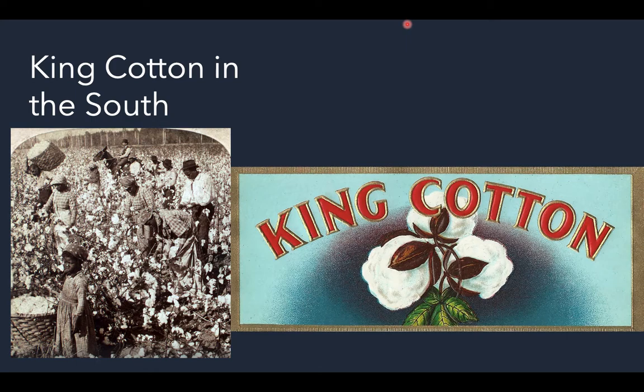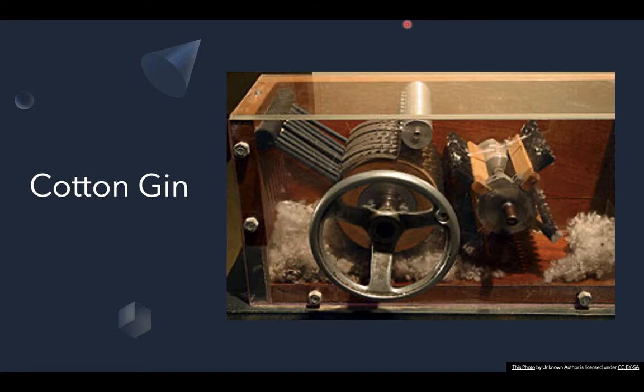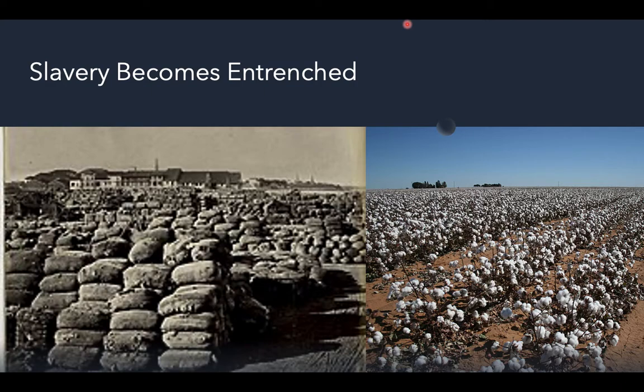The cotton gin did, because it's extremely labor intensive to grow and harvest. It still needed workers for doing that. So slavery really is cemented in the South as a result of the cotton gin. Slavery becomes entrenched, and this is what a cotton gin looks like. It's a pretty simple machine. It has these teeth that really rake through and clean the fibers and clean the seeds out. Slavery becomes entrenched, cotton production increases, and because of the cotton production increasing, the number of slaves is going to increase as well.